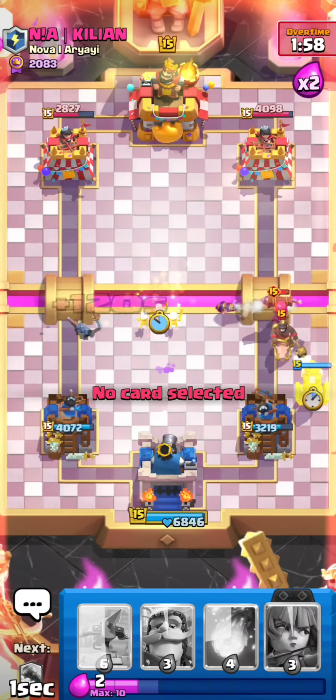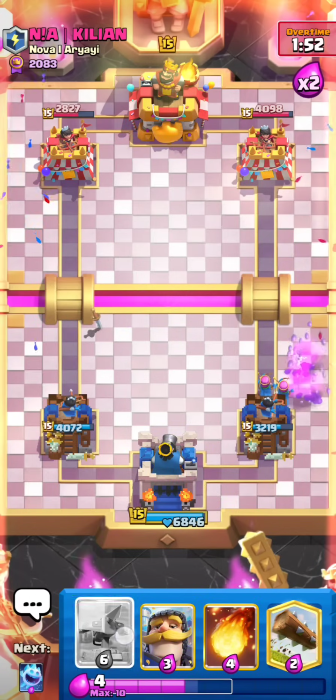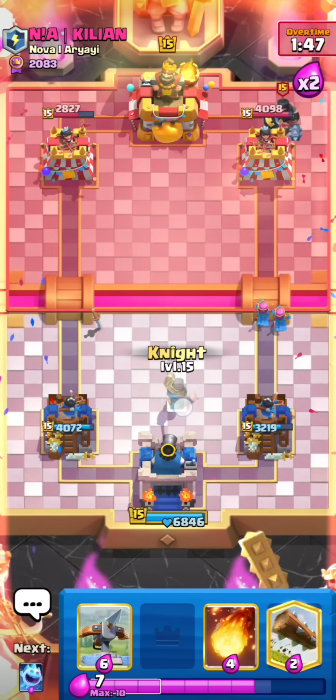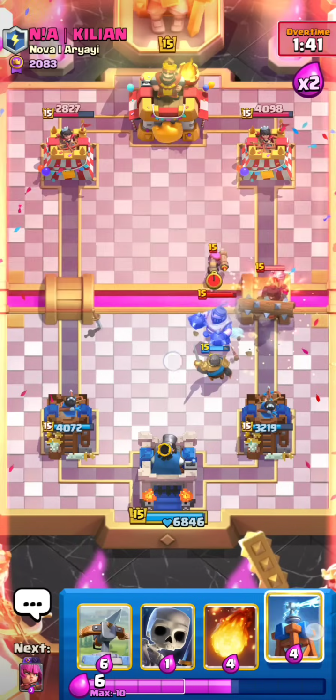Gonna go Skeletons for the Firecracker, Tesla in the corner for the Hog, and basically you just have to go for that cycle card or Log to push the Hog into the Tesla, because 3 tiles down from the river, that's not gonna kite a Hog Rider by default. 2 tiles down will, if you want to do that though. Gonna Ice Spirit,